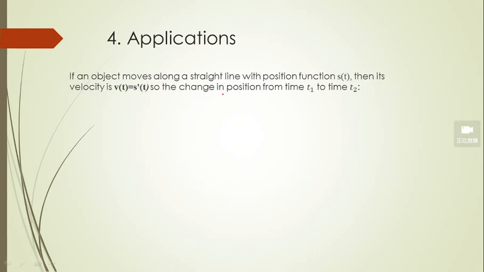So the change in position from time t1 to time t2 is the change in s(t). Now this s(t) is my big F(t), so that will be the integral from t1 to t2 of s prime t,